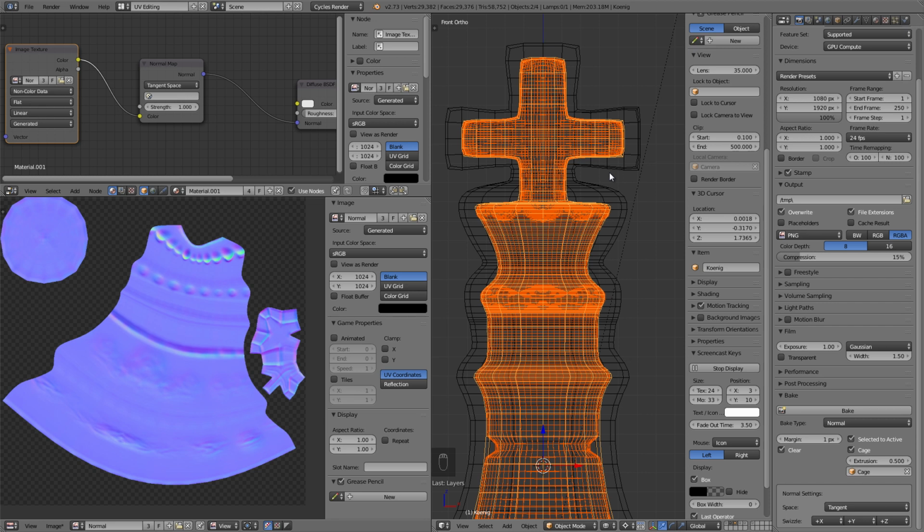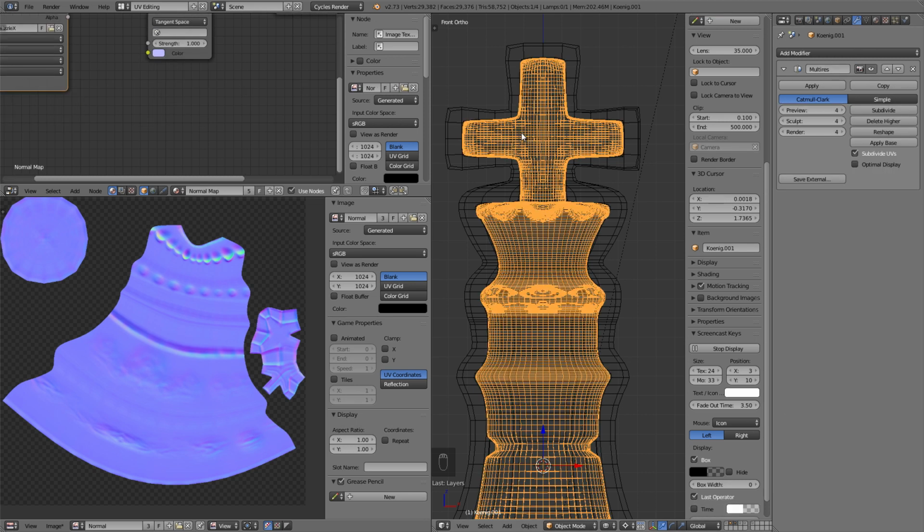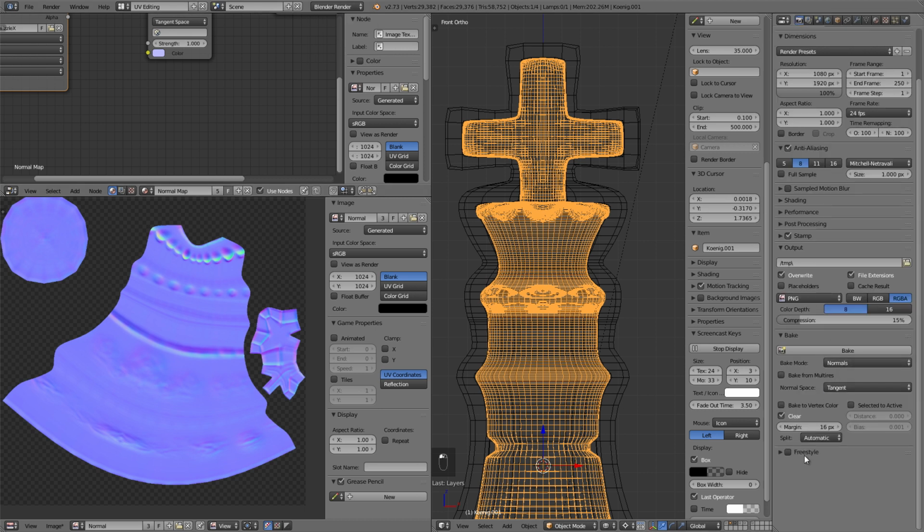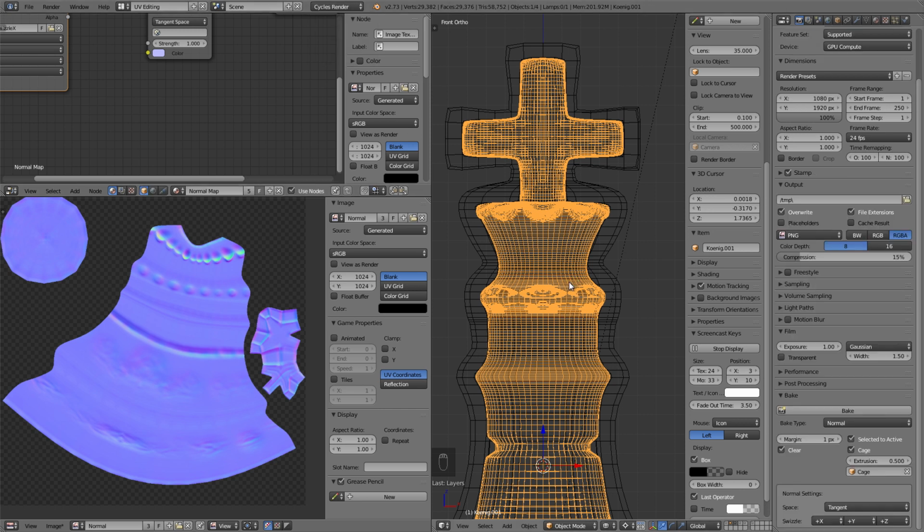But there is something else that's bothering me, and I mean, Frederik, you did sculpt on the other object. If we switch from Cycles to Blender Internal, there is an option to bake from multi-res. Why didn't you use that option, and what's the difference between using the cage object and everything instead of using bake from multi-res? In our particular example, there's actually not that much of a difference,